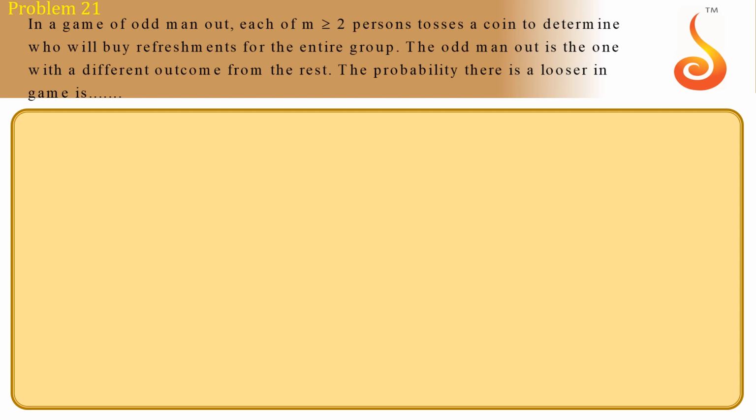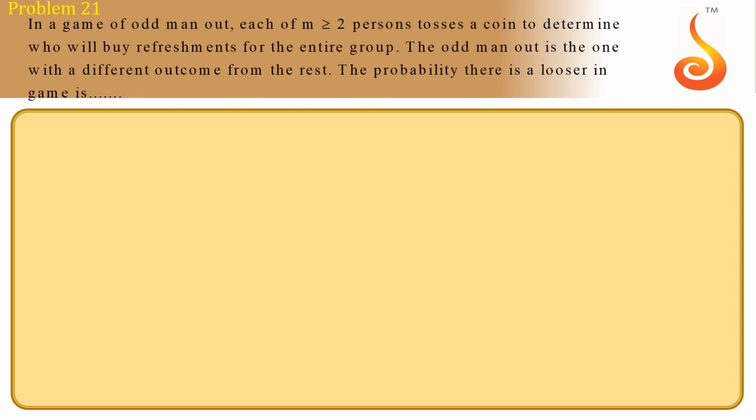What will happen? One should throw heads, all others should throw tails. Really speaking, m coins are tossed at a time. This is a question. M coins are tossed at a time. Exactly one head should occur. What is the chance for that? Exactly one head should occur means